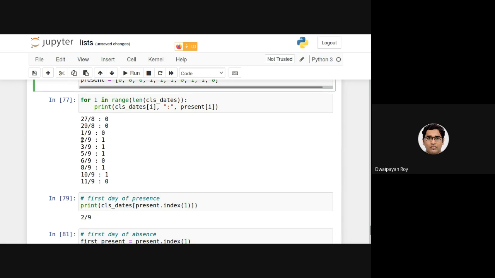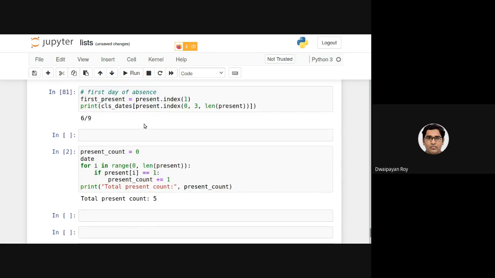Now I only want to take the ones. How can we do that? If I want to store all the dates in which the student was present, let's declare present dates and initialize it with an empty list.